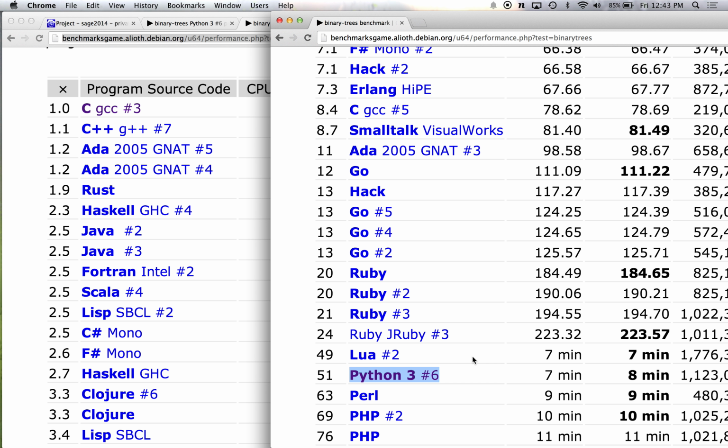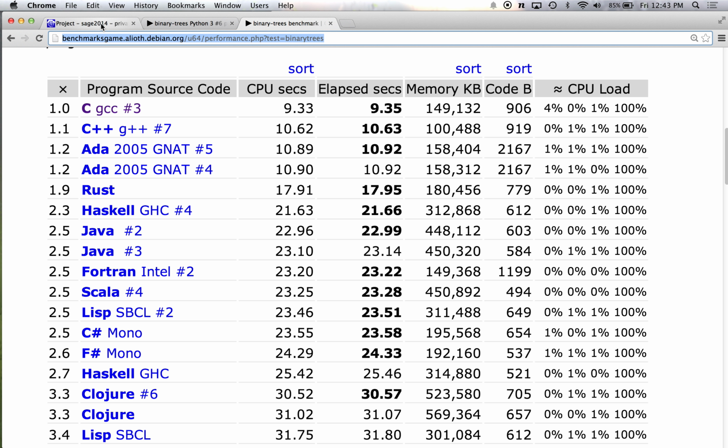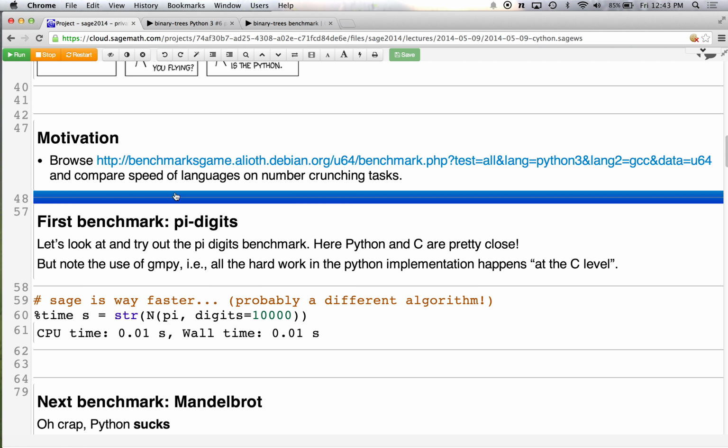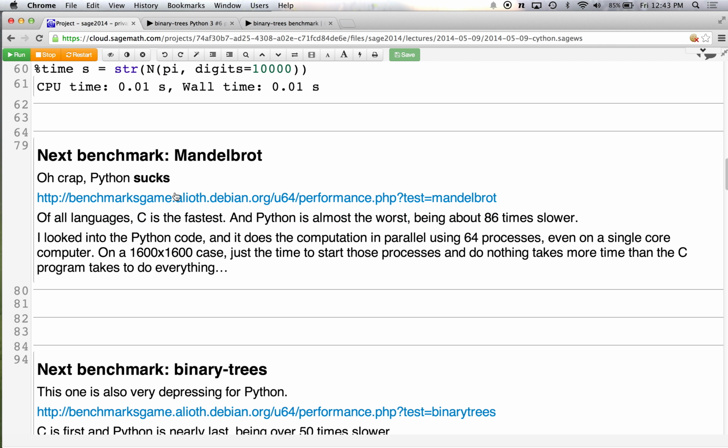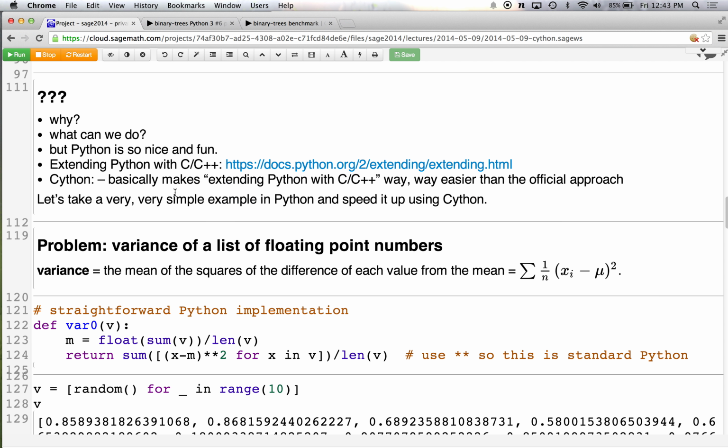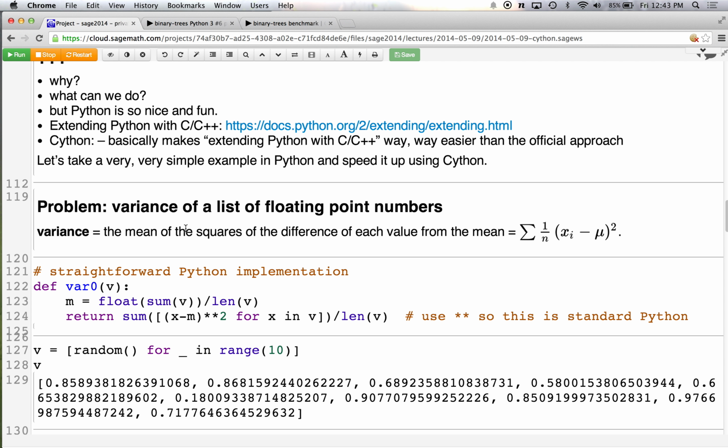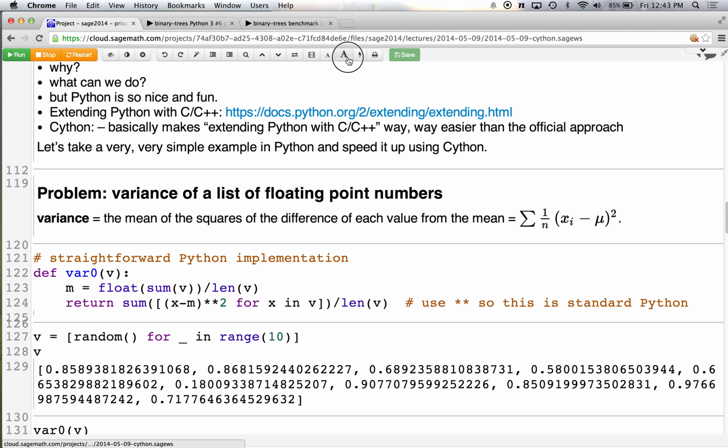With Cython, you can take specific things that you need to do, and if you're willing to put in a bit of extra work, but less work than completely switching your entire project to C, you can get exactly the same speed as C if you're willing to put in sufficient extra work. Okay? And now I'm going to show you a step-by-step example of doing exactly that. So I have a few things up here, but I'm going to skip them for the time being so that I can show you very carefully this one example in detail.